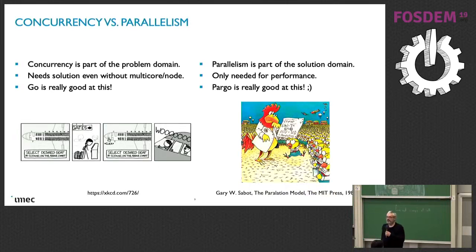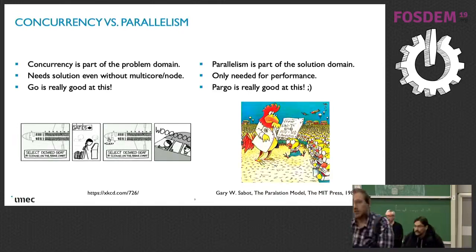So when do we have concurrency in the problem domain? One typical example is when you have an airplane reservation system. It may happen that several different people want to book the same seat at more or less the same time. Then you have a concurrent problem that comes from the problem domain that you need to solve somehow. And Go is really good at this. So you have Go channels, Go routines, all these lovely features